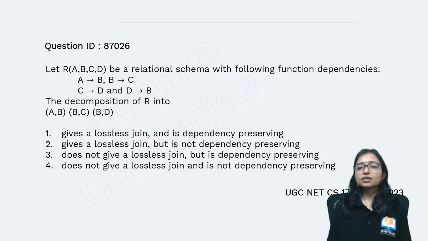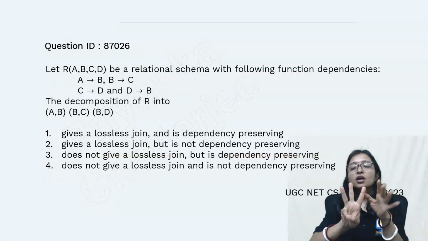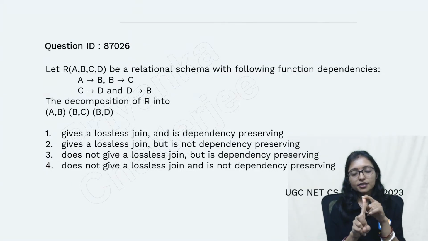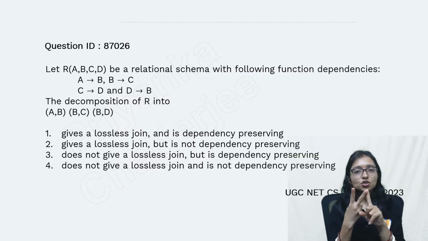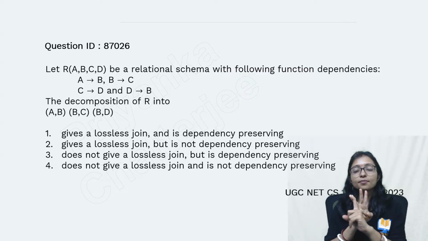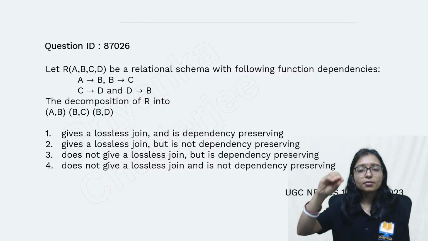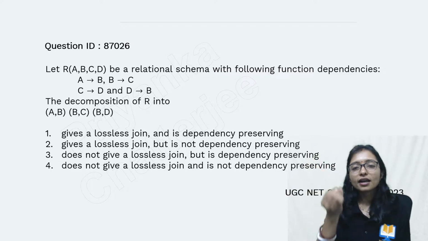In DBMS, mainly three or four chapters are most important. First chapter is functional dependency, normalization, key, lossless, lossy. After that, the next topic is ER diagram, from which multiple questions are coming. Next chapter is relational algebra and SQL, and another chapter is transaction and concurrency. These are the four chapters from where you can expect minimum to maximum 10 marks, and every year